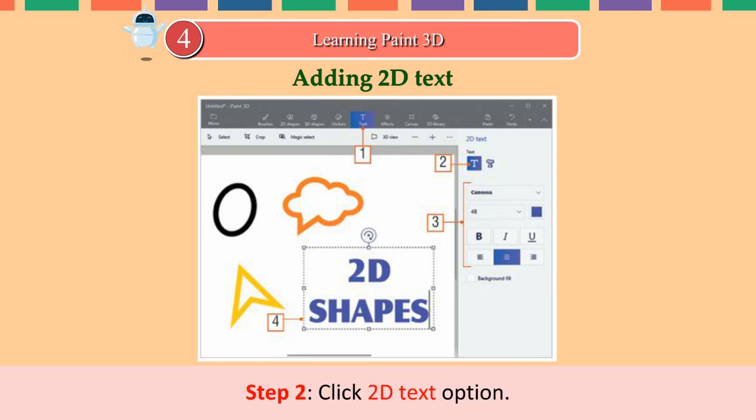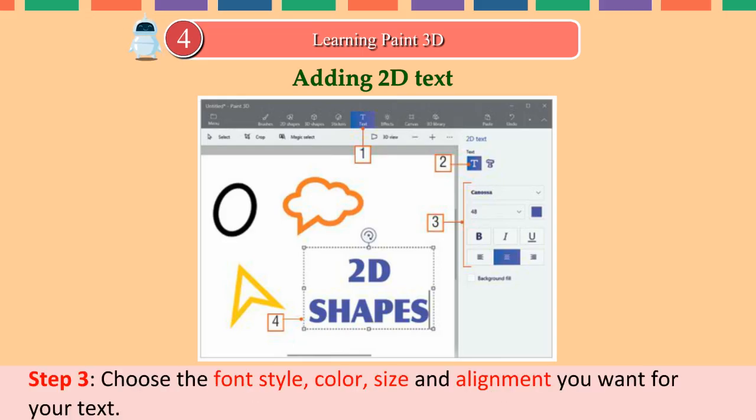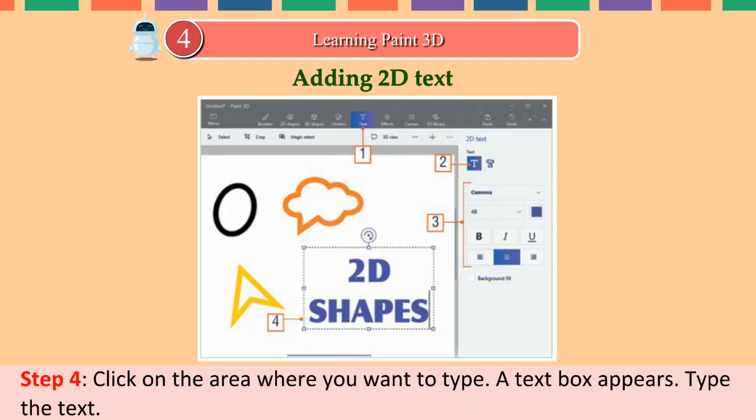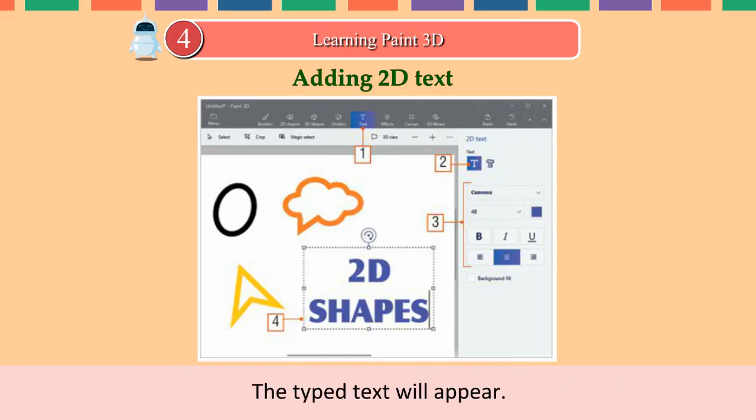Step 2. Click 2D text option. Step 3. Choose the font style, color, size and alignment you want for your text. Step 4. Click on the area where you want to type. A text box appears. Type the text. The typed text will appear.